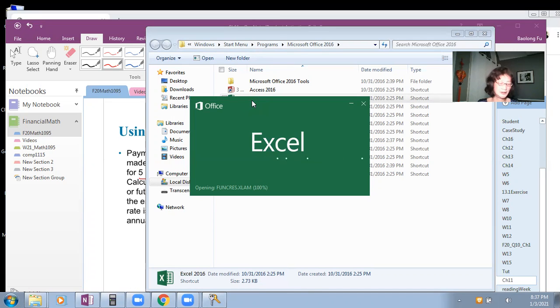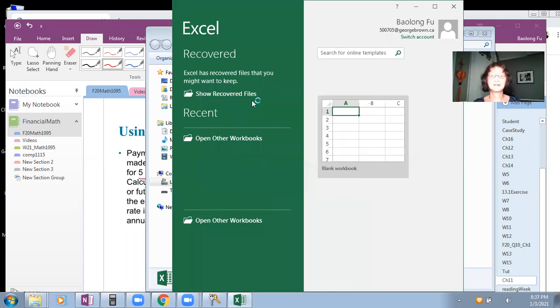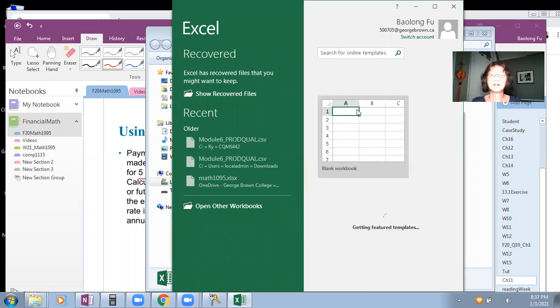It is still loading, it's pretty slow. My computer needs to be updated. All right,